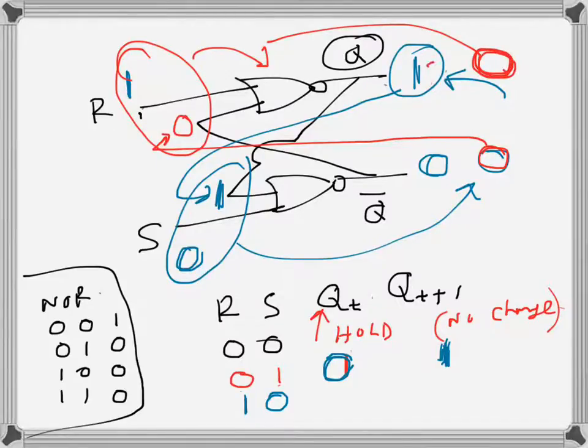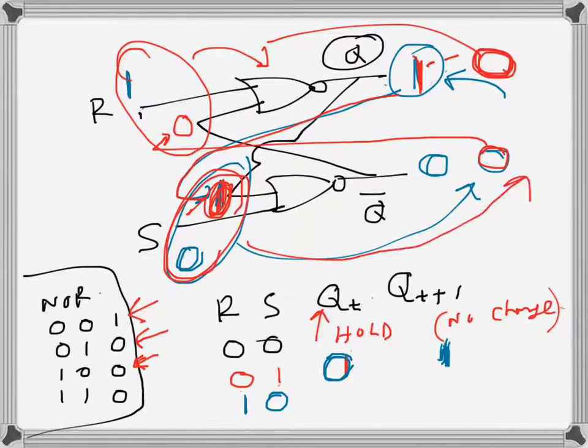So this has already changed. It was 1 previously, now it has changed to 0. So of course this input here, because this input has changed, it has become 0. So it was 1 0 previously, now it is 0 0. So it was some 1 0, this one or this one, whatever we say, but now it has become 0 0. Since this has changed, this will change as well to 1,